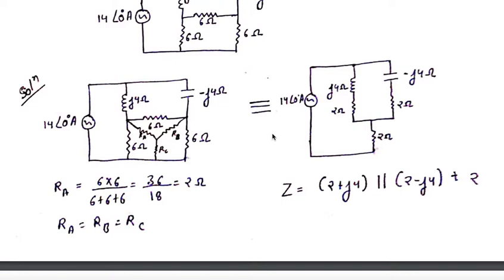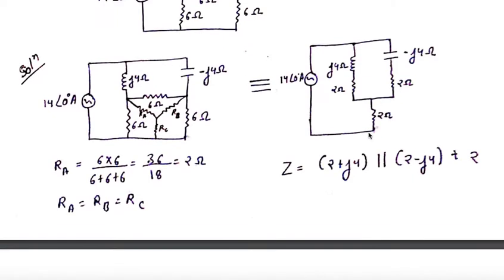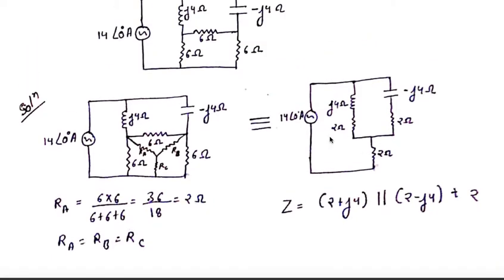So we will make it into this form. We will make it into simplified form. This is our star and Y circuit. So now you see with these two resistances, it has come to this form of impedance. So now we got these in series and these two are in parallel and again it is in series with this one. So the complete impedance will come out to be 2 plus J4 in parallel with 2 minus J4 in series with 2 ohm. So first we will solve, and now you see how easy the circuit has become.